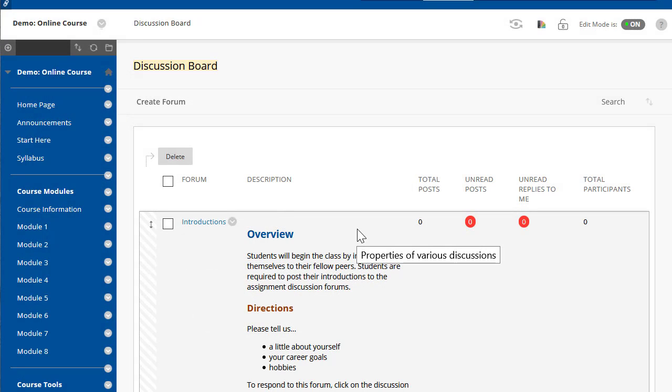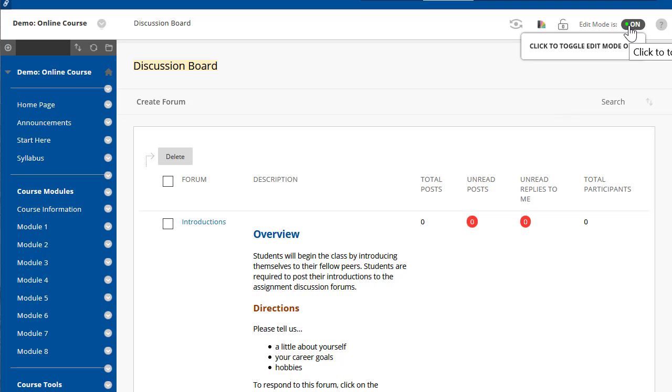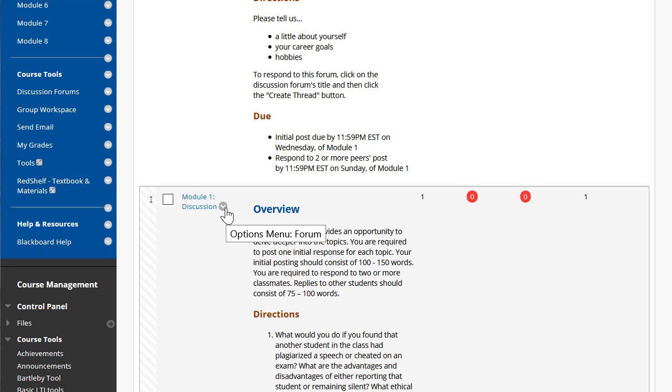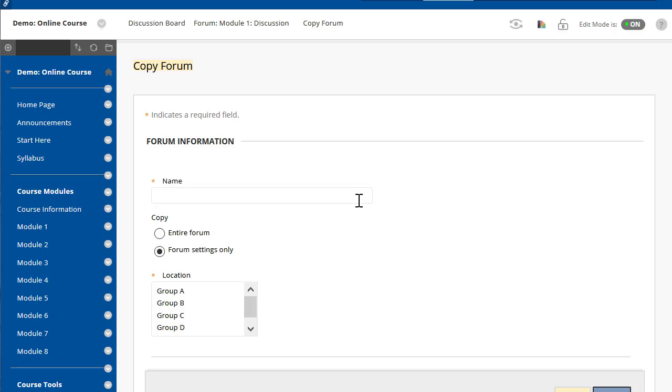To duplicate a discussion board, that way you're not recreating the same thing over and over again. First off, make sure your edit mode is on. Click on the drop down gray arrow and say copy. Let's call this new